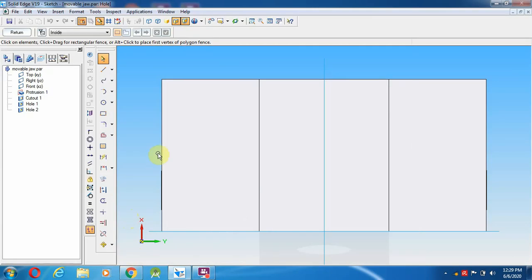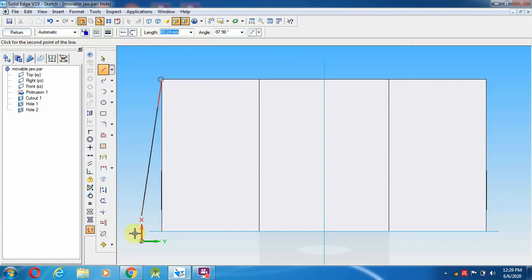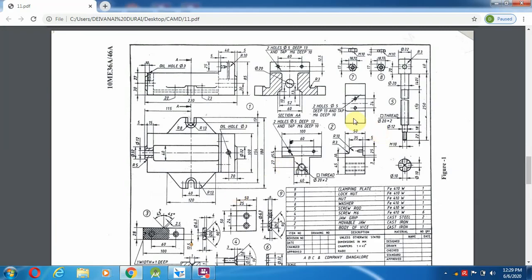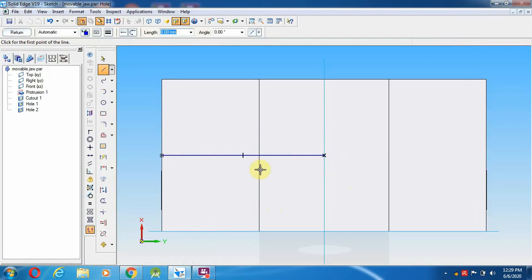From the middle, this line is the 50 mm distance, perpendicular and parallel to that one. So 50 mm.